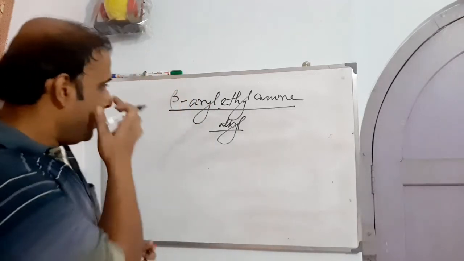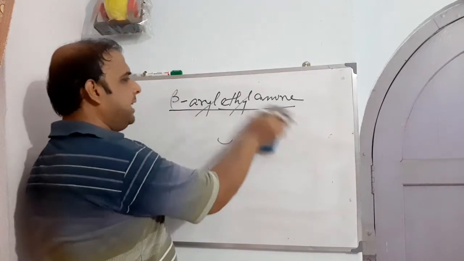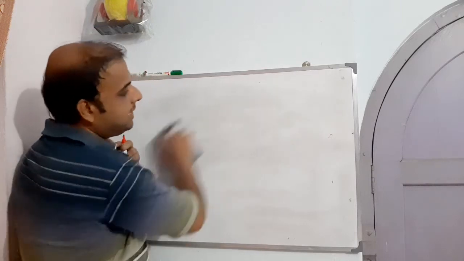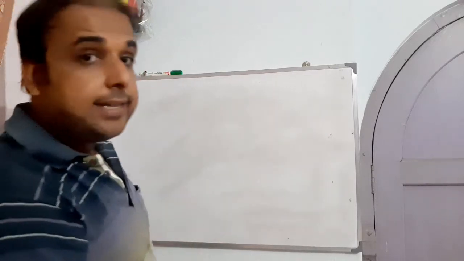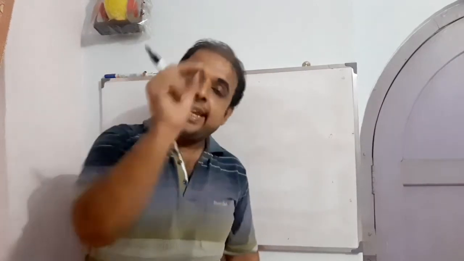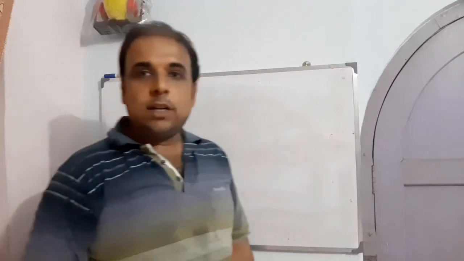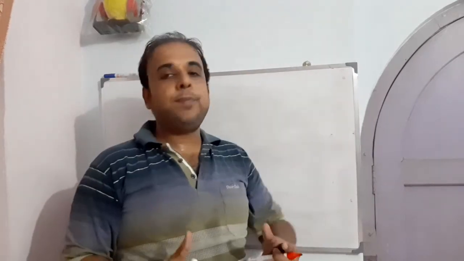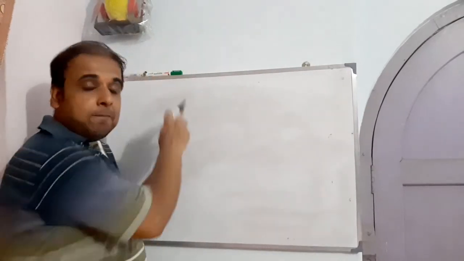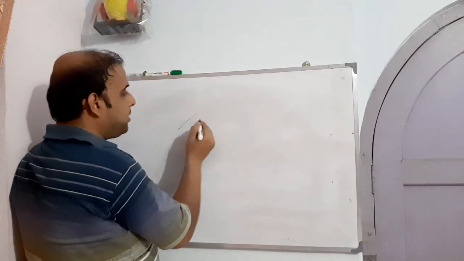Okay, so now let us see. This is found to be the beta aryl ethyl amine, the general name. Now we'll see the SAR of sympathomimetics, or directly acting sympathomimetics. For the SAR purpose, first we have to sketch and develop a template structure. So the template structure is beta aryl alkyl amine. So let us deal with the template structure first.